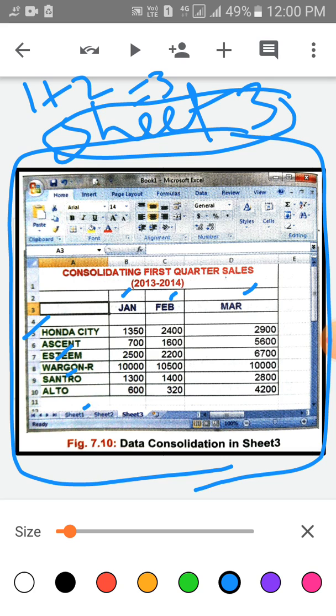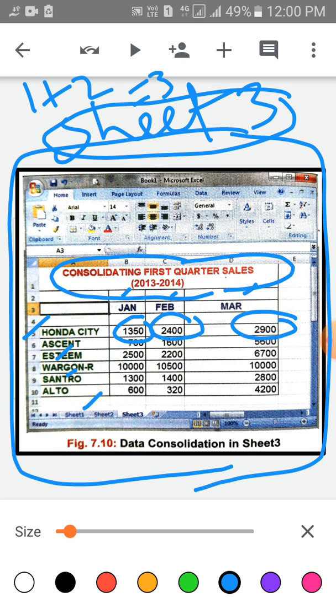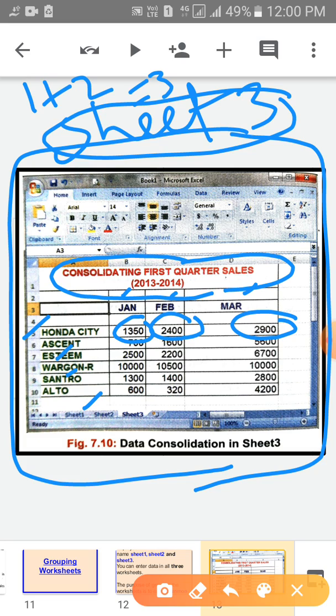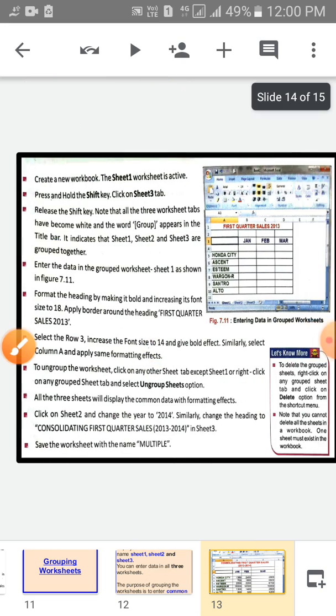These are the items and the consolidated first quarter sale 2013 to 14. January 2013 and 14 will be added and will come here. February also and March also. Okay, this format will come.